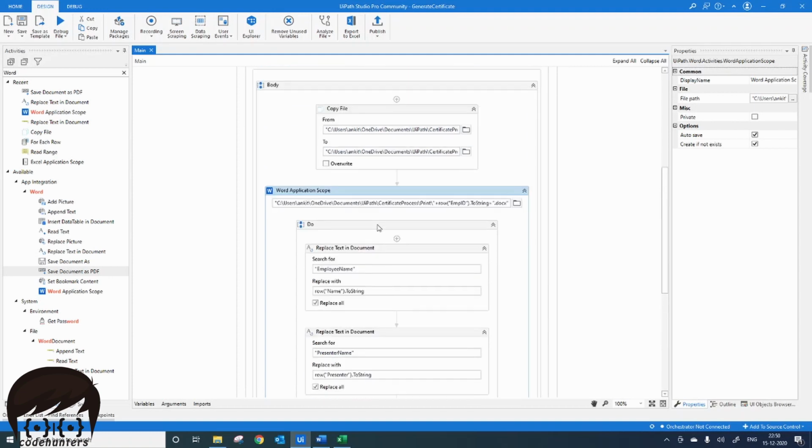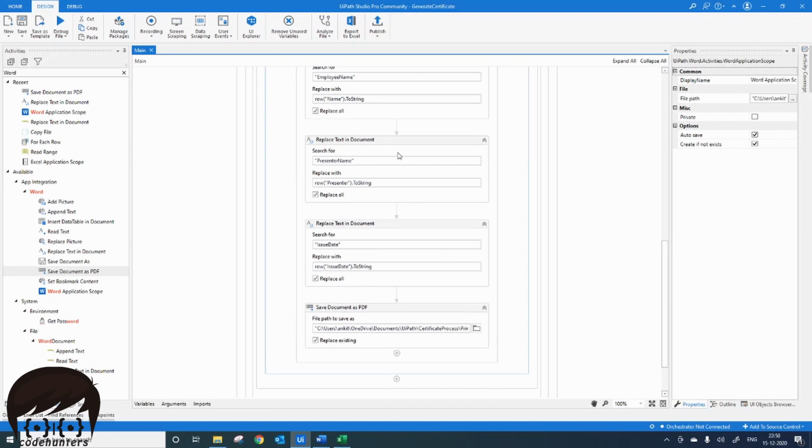Okay, so once we have copied the file, we have picked that copied file from the print folder, you can see it here, and then we have searched for the text in the Word document which is employee name, and we have replaced it with the name from the data table which is row and the name of the column, for all the three values.